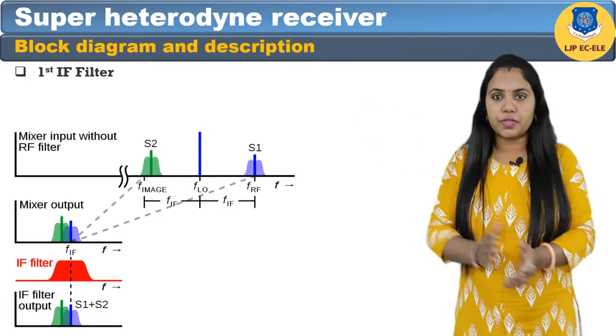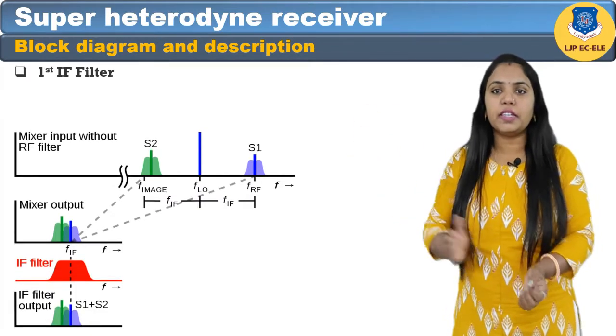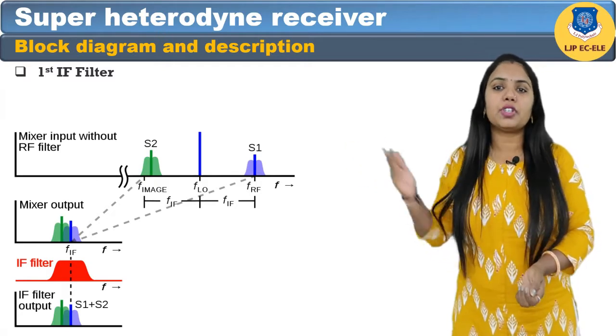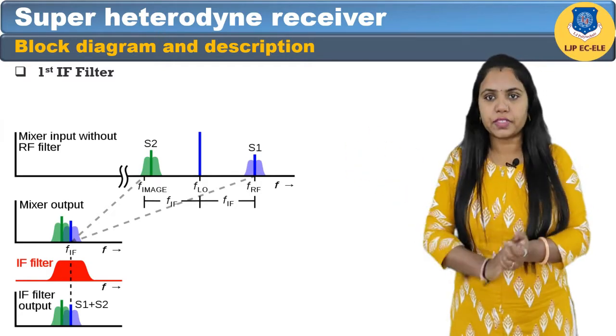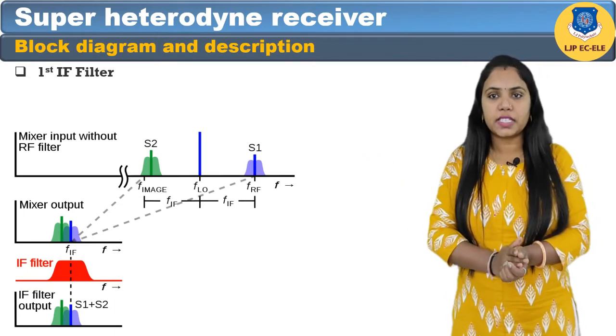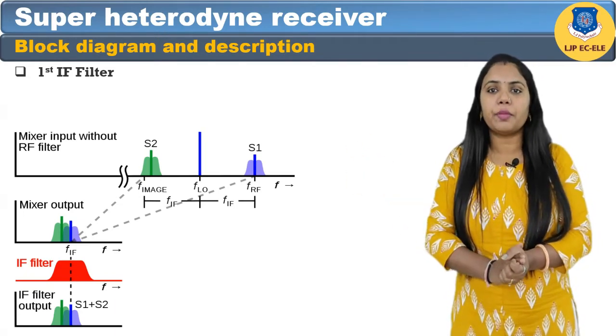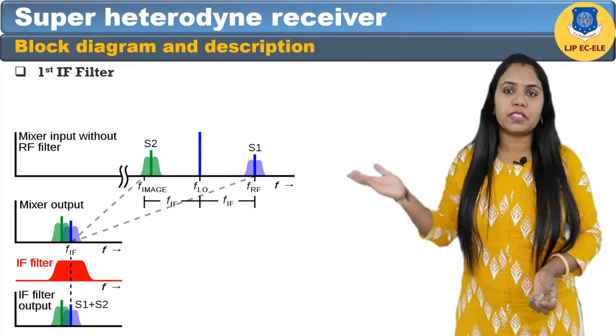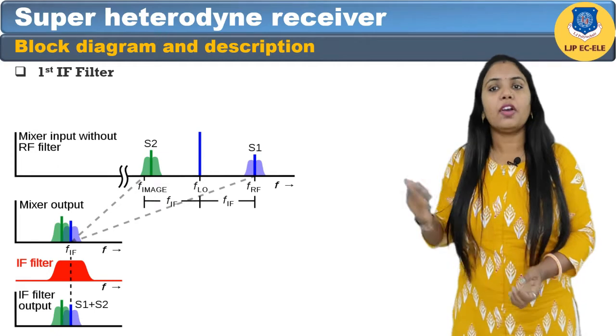The fourth block is the first IF filter block. In most AM receivers, it is a resonant circuit placed in the collector of the mixer transistor with the resonant frequency equal to the IF frequency. Its purpose is to filter off all the signals with a frequency different from the IF frequency because those signals are unwanted mixing products and don't carry the audio signals.